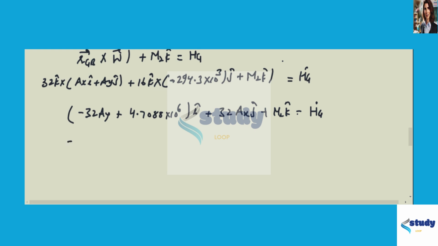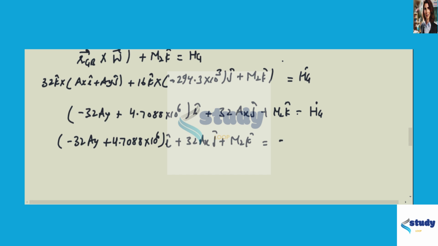So we can write minus 32 AY plus 4.7088 10 to the power 6 I cap plus 32 AX j cap plus M2 k cap is equal to